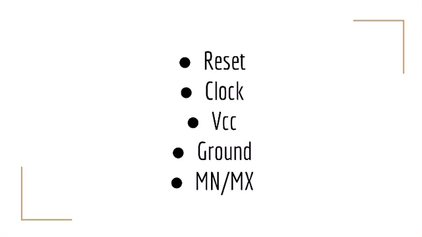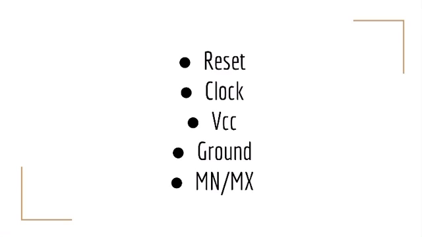It is a symmetric square wave. Okay, so next we have a VCC, the power supply for the operation of the internal circuit. Next, ground for the internal circuit. Next, we have the minimum and maximum mode signals. These minimum and maximum mode signals select the mode of operation, either the minimum mode or the maximum mode configuration. So these are the pins common for both minimum and maximum mode signals.